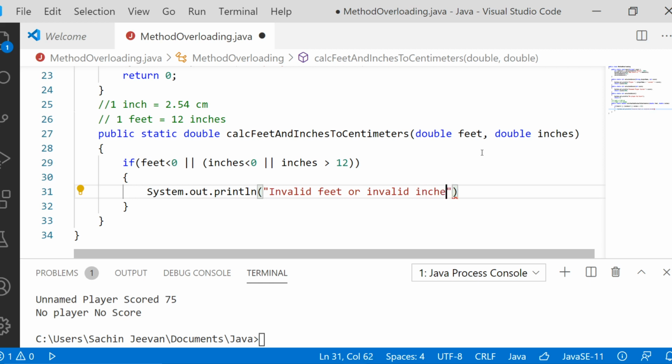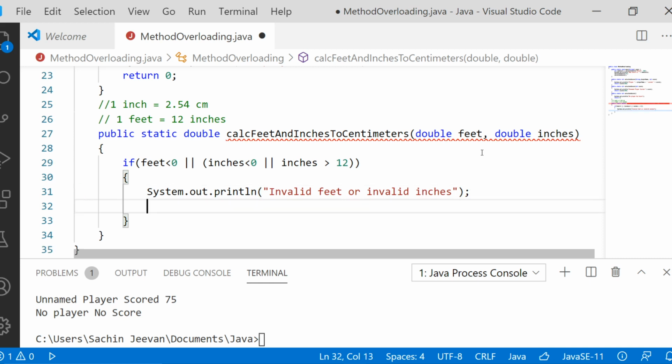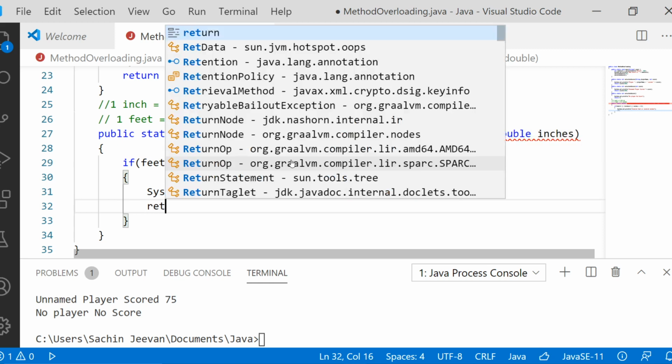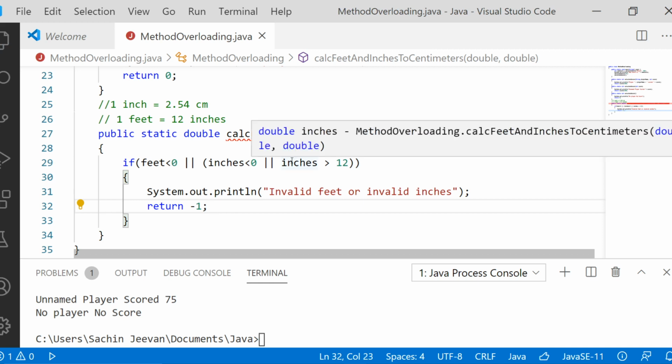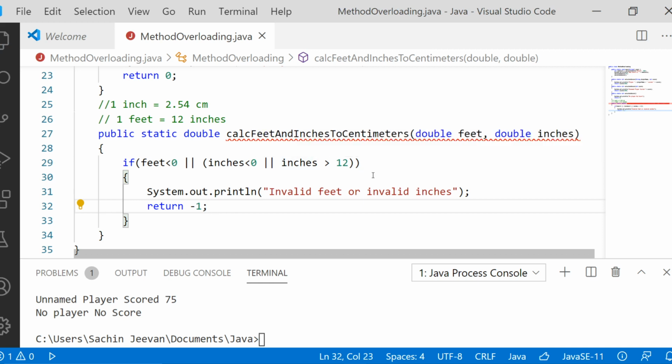Either one, if something is invalid, or otherwise directly print invalid parameters or invalid arguments. After that, since the return type is there, definitely you have to return some value. So let us return -1, indicating that there is some error in the arguments.